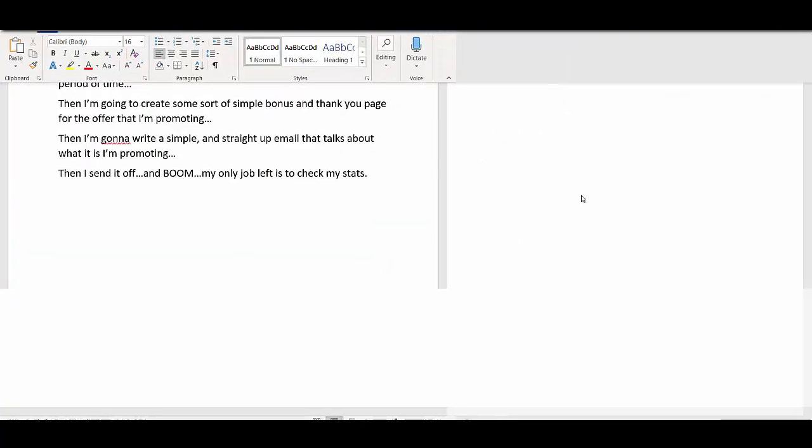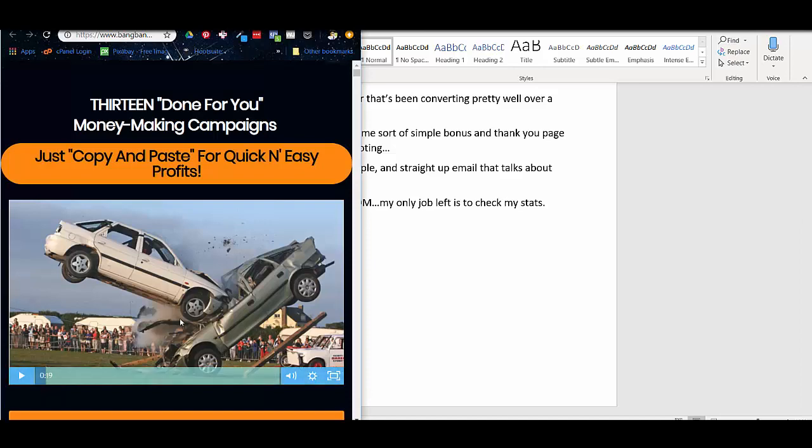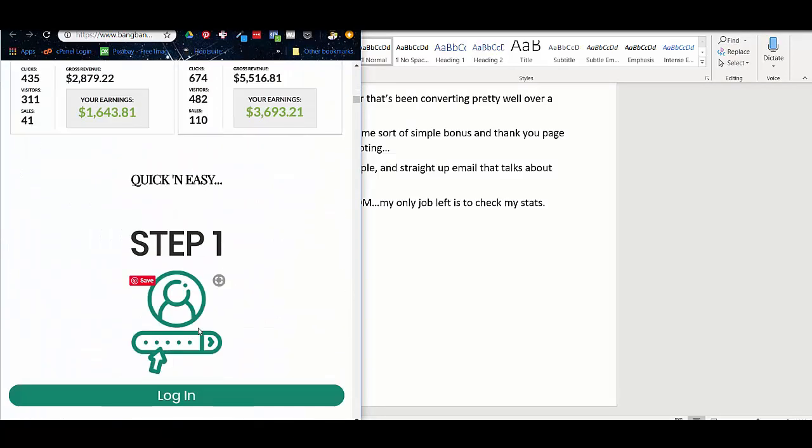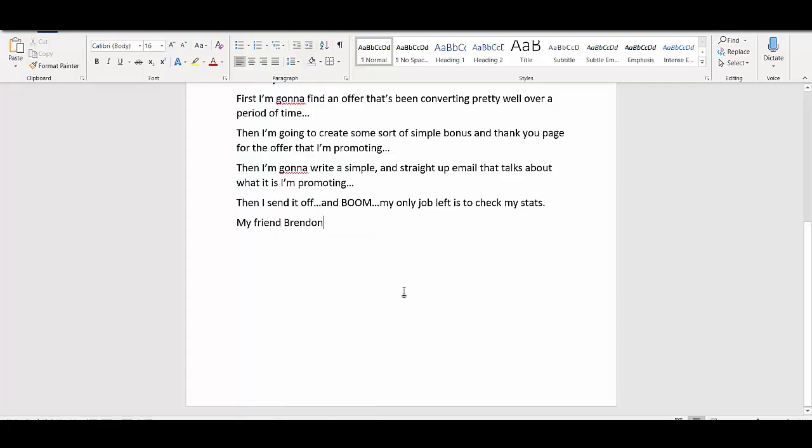All right, now I'm going to open this up, and then I'm just going to write my friend Brendan. I don't know if I spelled his name right. Let me make sure I did. A-N-O-N. I have a brother named Brendan who spells his name with an O, and I have this friend of mine who is awesome at what he does, who spells his name with an A. So sometimes I get confused. Brendan